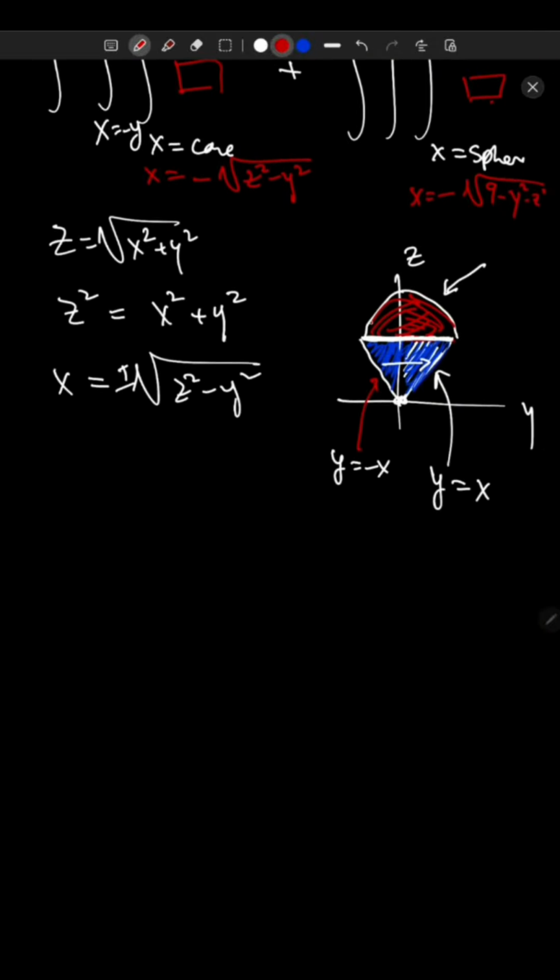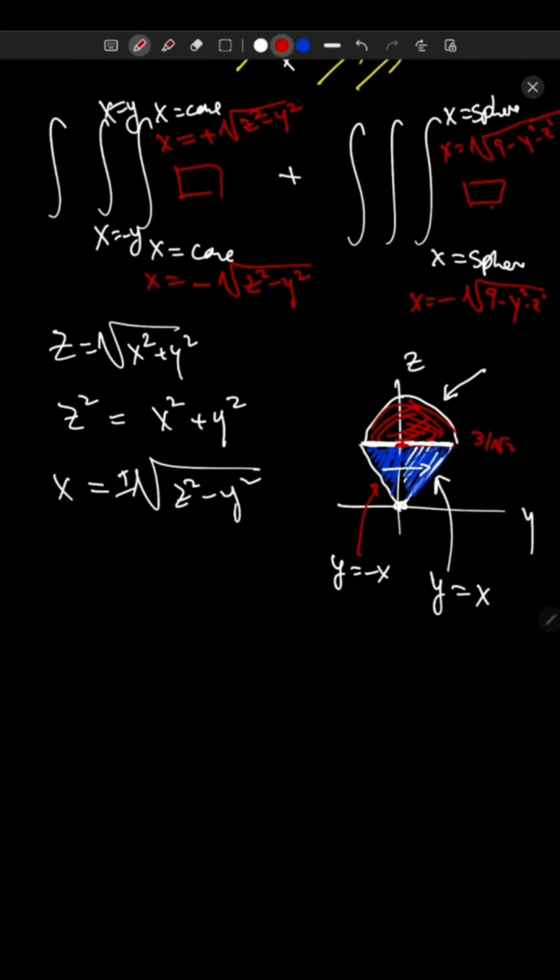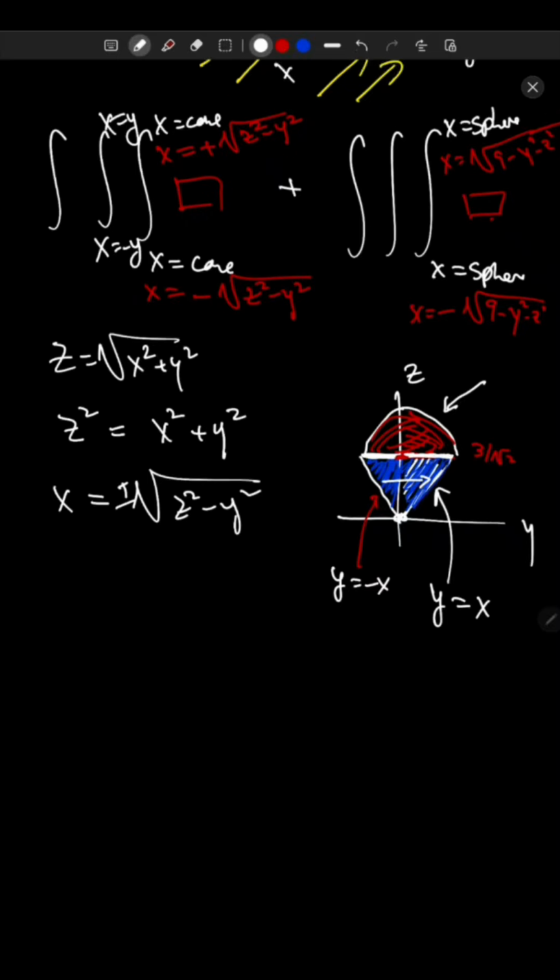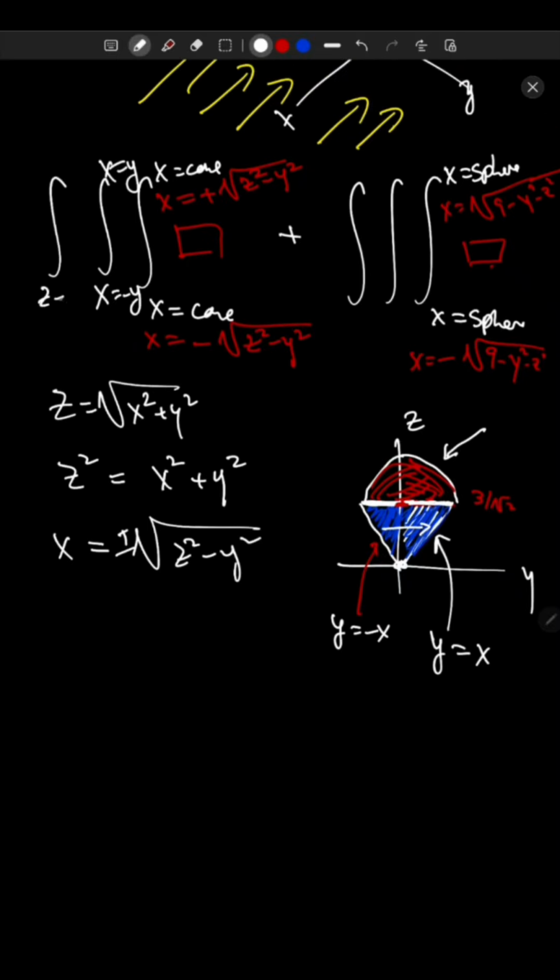All right, so this height here is 3 over root 2. Okay, so z equals 3 over root 2. So we would be integrating in terms of our dz, z equals the ground until we get up to z equals 3 over root 2. Okay, and that covers this entire region with horizontal lines, the cone region with horizontal lines. And again, this is dx,